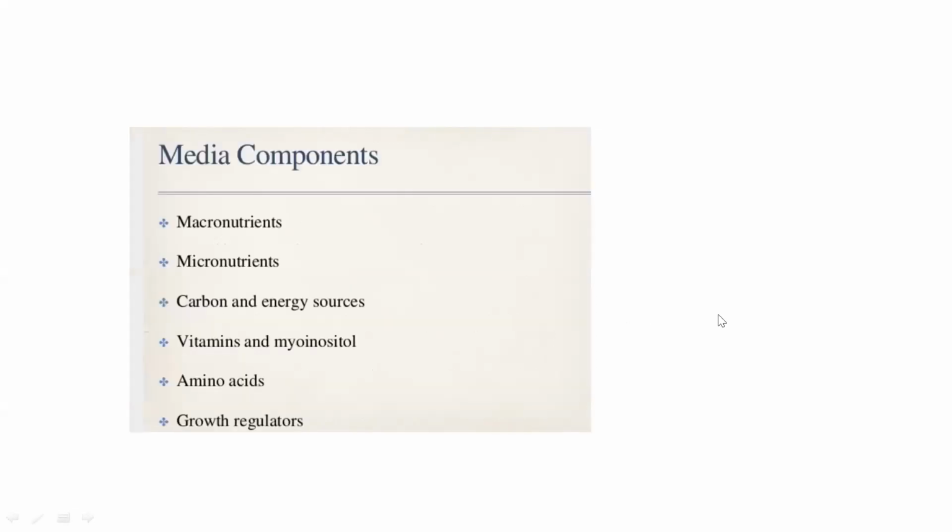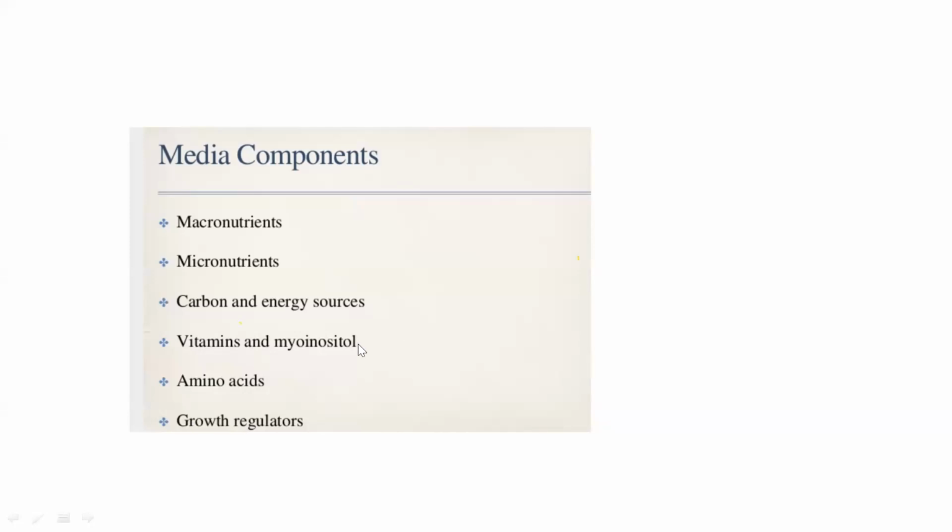So just like we monitor the growth of microorganisms using chemostat and turbidostat, the same method is employed for plant tissue growth also. So for media components, an MS medium or a B5 medium is enough to produce secondary metabolite, which has macronutrients, micronutrients, any kind of vitamins and amino acids, and growth regulators. So you have growth regulators also in it.